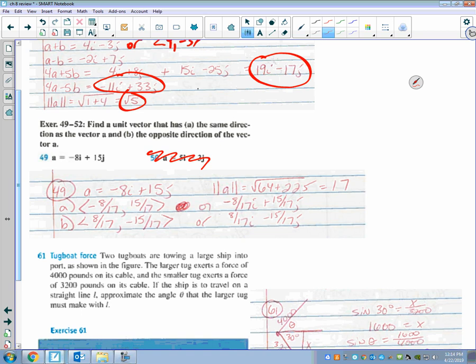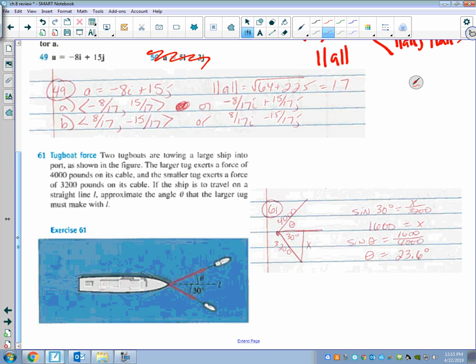So remember that if your vector is a1, a2, and your magnitude is this, then your unit vector is just a1 over your magnitude, comma, a2 over your magnitude. And again, you can write it in component form or in IJ form. And then this one asked you about the same direction and the opposite direction. The opposite direction, you just change the signs, right? You don't really need to worry about that for the test,